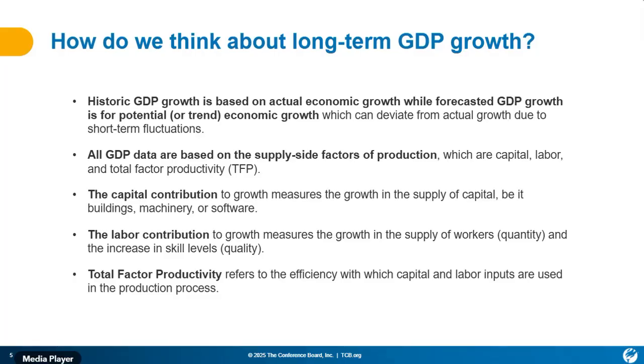And then there's this nebulous concept called TFP. Essentially, if you look at the historical data, it's almost a growth residual. We know how much an economy grew. We know what the capital contribution was because we can measure that. We know what the labor contribution was because we can measure that too, but it grew even more, or maybe it grew a little bit less. That X factor is attributed to this concept called TFP. And really what it captures is the efficiency with which the capital and labor inputs are used in the production process. So those are the three pieces that we look at when we're making our projections about the global economy.